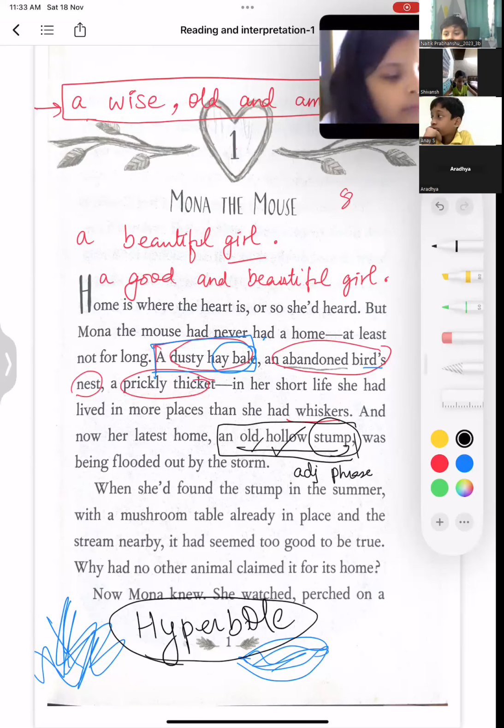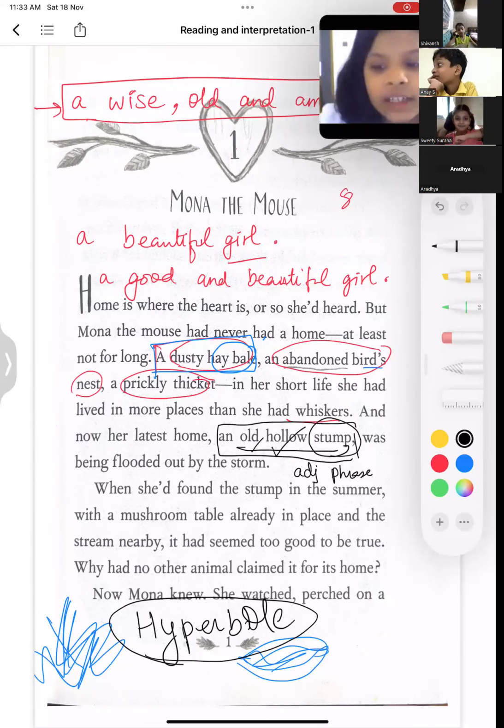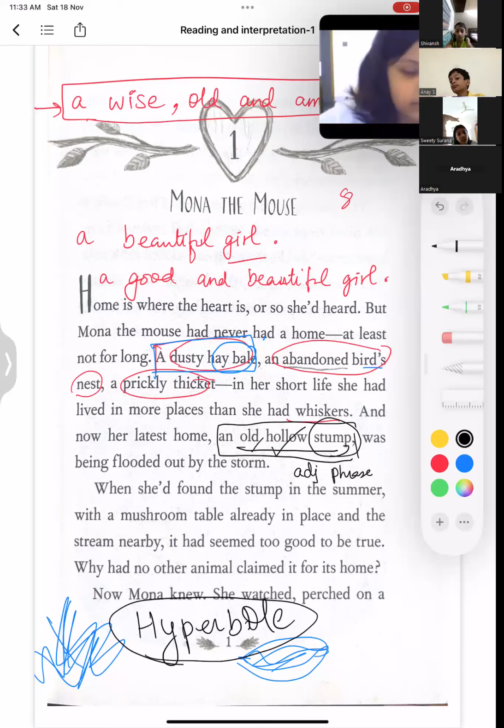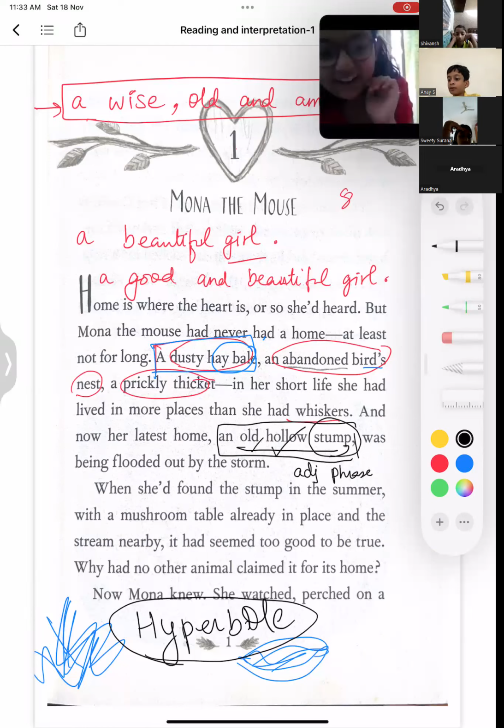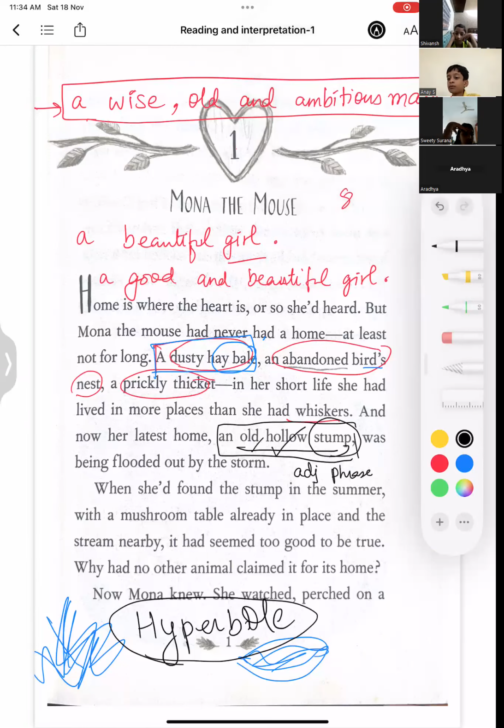Ma'am, it can be like stumps are not hollow, but they are cylindrical, so we can associate it with a cricket stump. No. Yes, Anay, कुछ बोल रहे थे Anay? नहीं, okay. And now our latest home. Who was saying ma'am? I'm Samaira. I was saying. I heard that stump is a type of tree log. Tree nerve end. Yes. Okay, thanks for sharing that because I did not know the meaning. We will definitely Google it up.